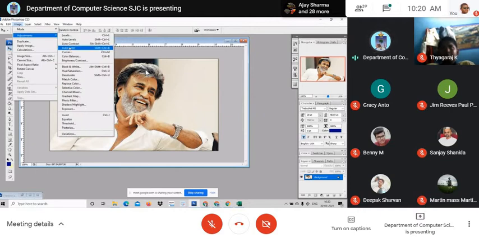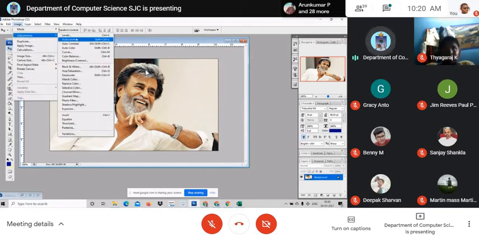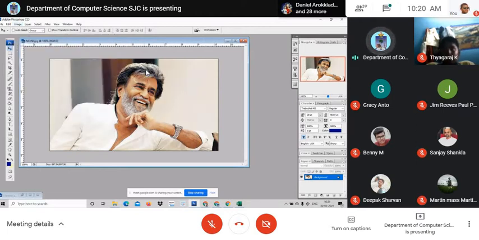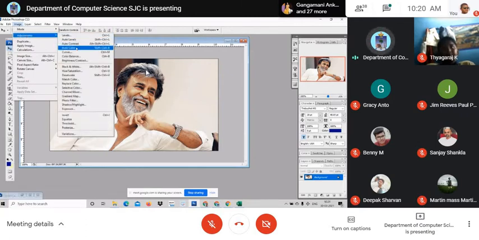Now, you go on auto contrast. Alt Shift Control L. When I click auto contrast, it sets the contrast which is fit for the picture. Keep that in your mind. Then auto color. I click auto color. So whatever color that is fitting the image will be set. See, previously this was like this, and this is now. Okay, am I clear? See, this is auto color. Auto color is Shift Control B.